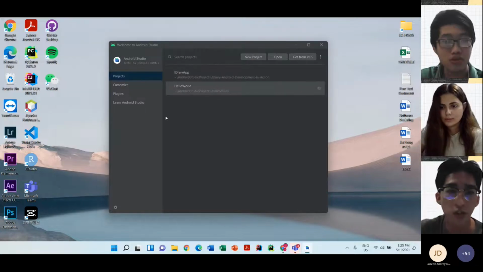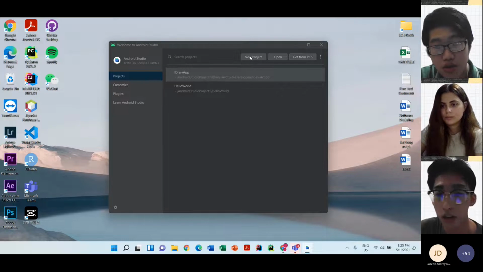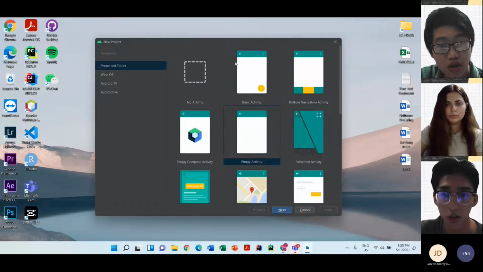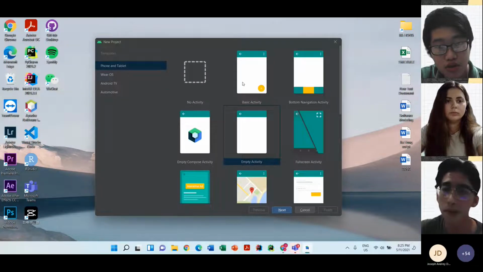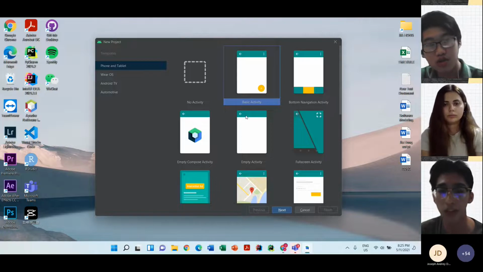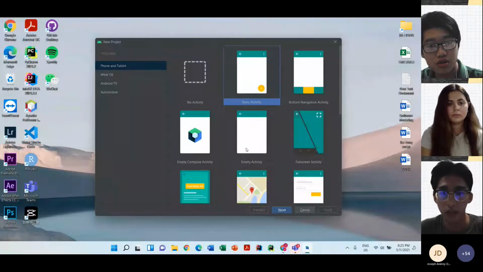Okay, so right now we will start to create a new project. When I click new project, here you'll see some of the templates. These templates are just small applications that have some code written to some level. For example, in this basic activities, you can see a small button here and a menu here. Don't worry about this activity yet, we will discuss this further in the next session. But for now, we will create the projects with empty activities here.